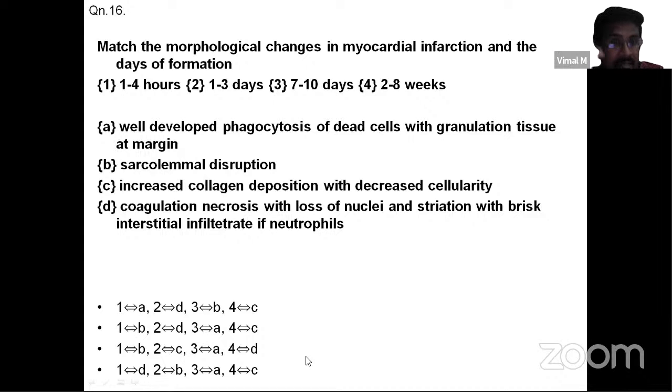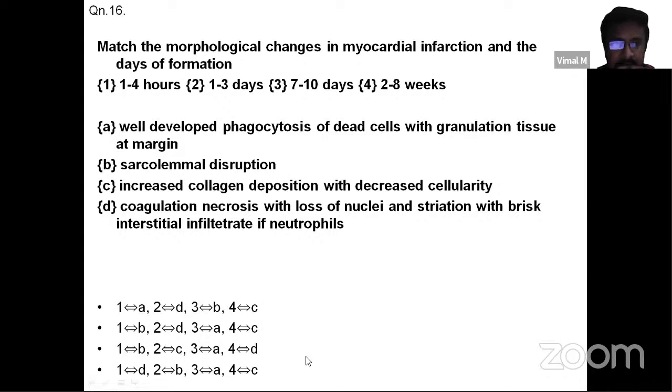Nowadays the questions are asked like this, so it will not be a straightforward MCQ with 4 options. You may have to match the findings. These extended MCQs have matching. So 1 to 4 hours, 1 to 3 days, 7 to 10 days, 2 to 8 weeks, and they have given the options as well-developed phagocytosis of dead cells with granulation tissue at margin, sarcolemmal disruption, increased collagen deposition with decreased cellularity, coagulation necrosis with loss of nuclei and striation with brisk interstitial infiltrate